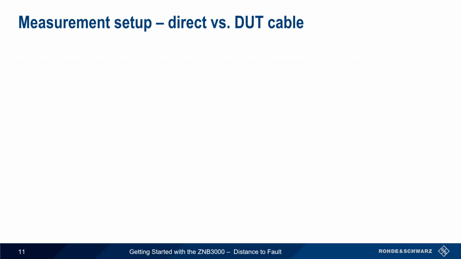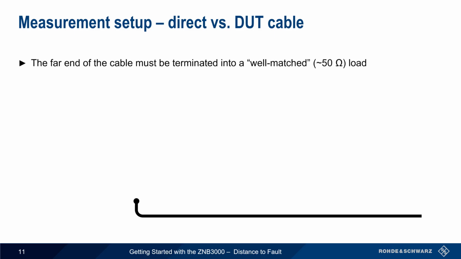To run a DTF measurement, the far end of the cable under test must be terminated into a well-matched, or roughly 50 ohm load. This load may be a cal standard, a dummy load, or an antenna that's resonant at the measurement frequency. Erroneous distance to fault measurements are often caused by a failure to properly terminate the far end